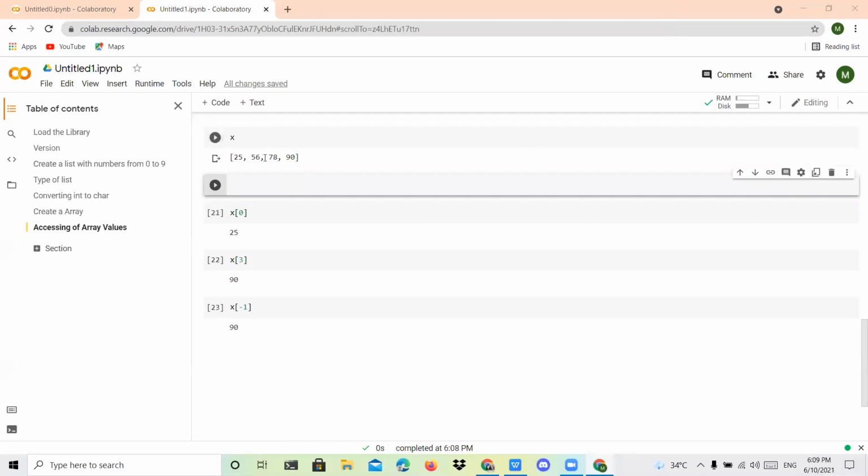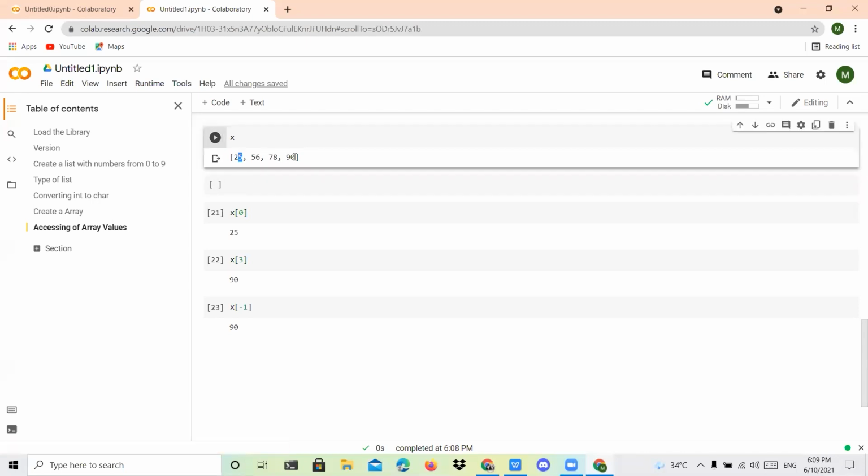Good. You keep decreasing the index: this is -3, this is -4. X of 2 means 78 is printed, and -2 also prints 78. Forward indexing starts from 0, and reverse indexing starts from -1.